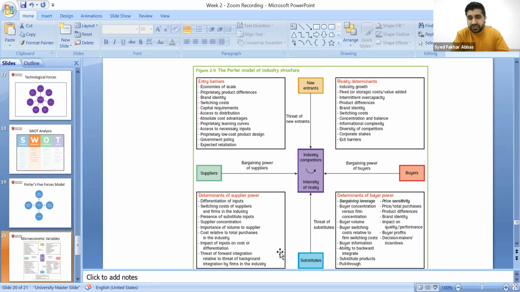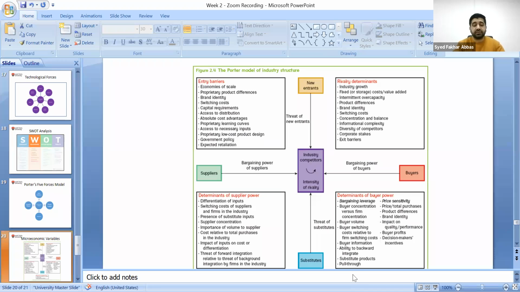Substitutes means substitutes of a product. It could be a different or a new product that has been offered in the market. So they have to think carefully about substitutes of a product. Every company tries to watch for substitutes of their product. If any substitute of a product has been launched, then it will be a threat for your business.